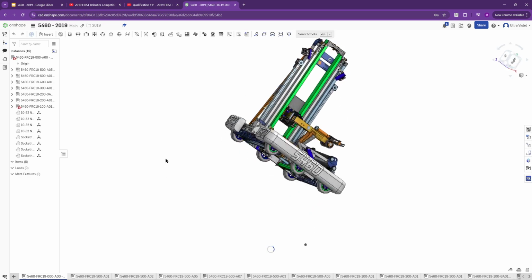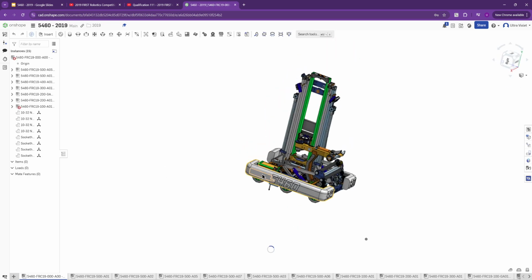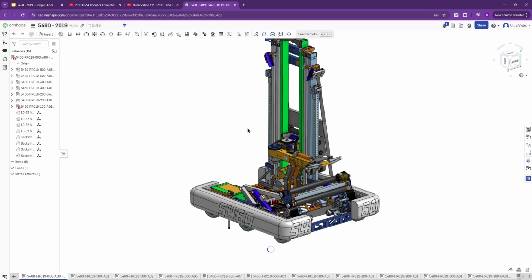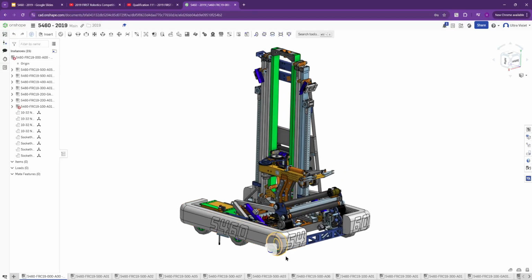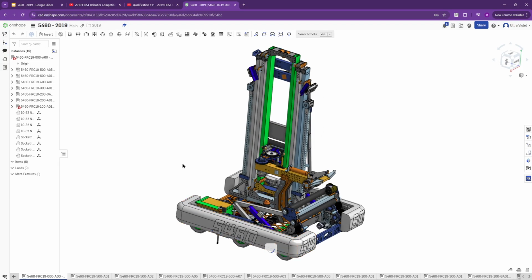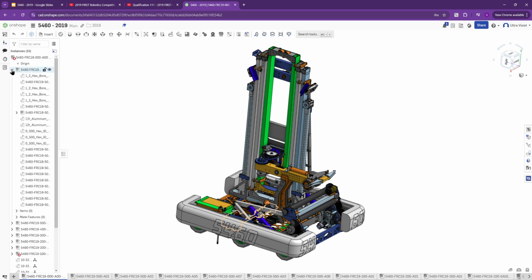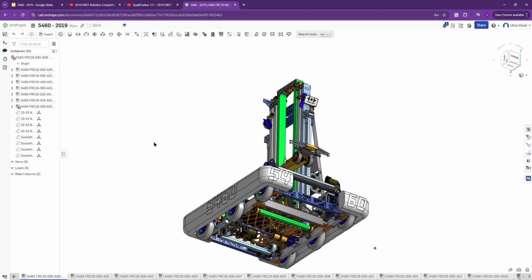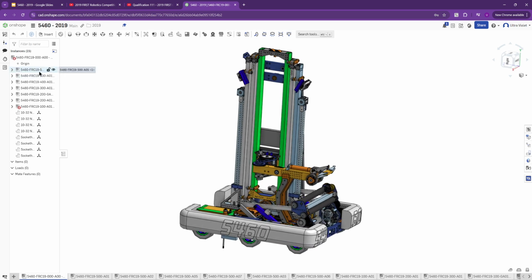All right. So we can go ahead and actually look at the robot a little bit, as OnShape tries to finish loading, hopefully. All right, there we go. Okay, so similarly to most robots, we're going to divide them up into mechanisms. We're not going to spend too much time looking at